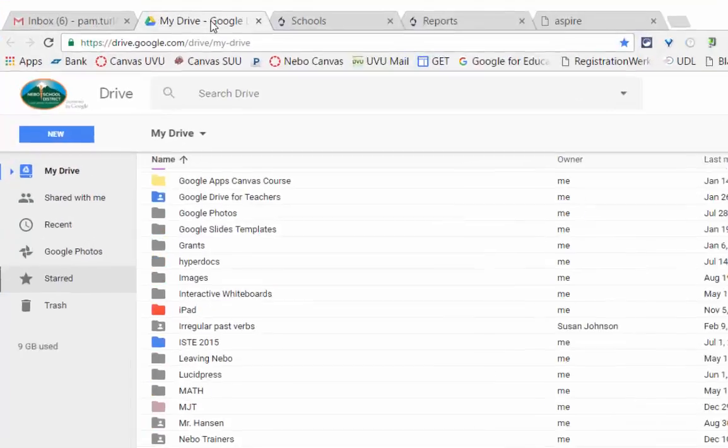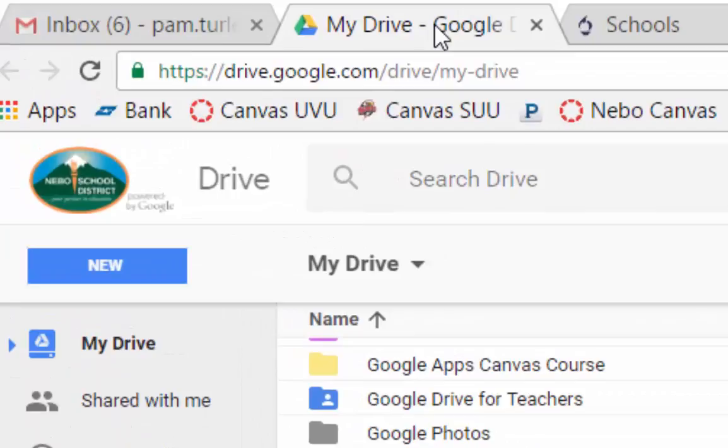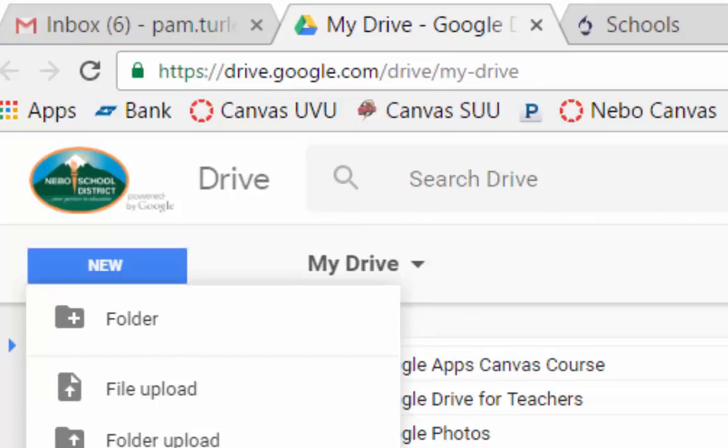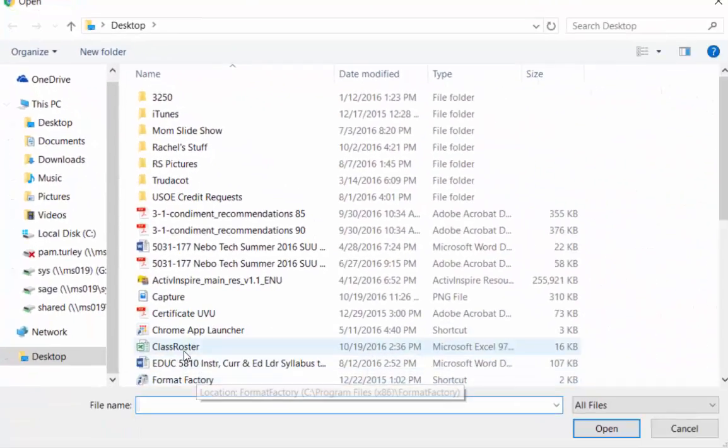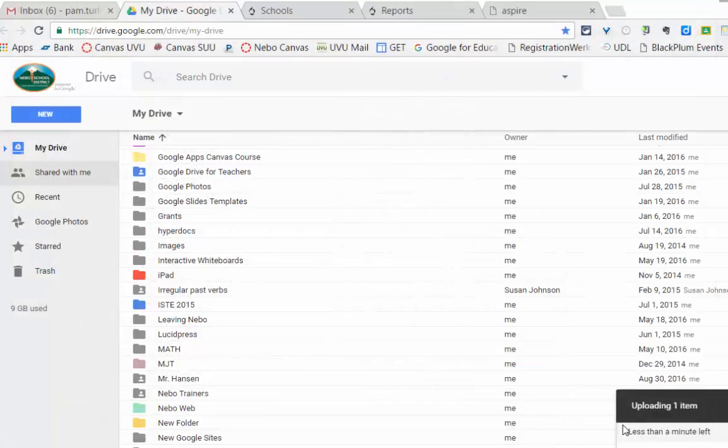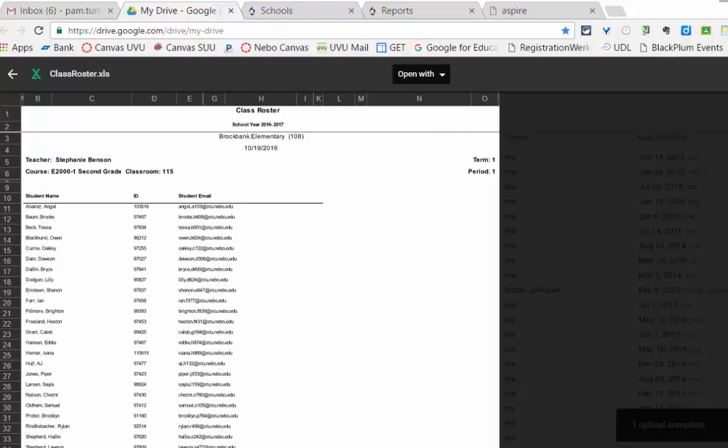Now I'm going to go to my drive. I'm going to upload that Excel file to Google Drive by clicking New and then File Upload. I'll find that class roster report on my desktop or wherever I saved it. Click Open, and that Excel file is being uploaded to Drive. I'm going to click on it, and I will be able to view that